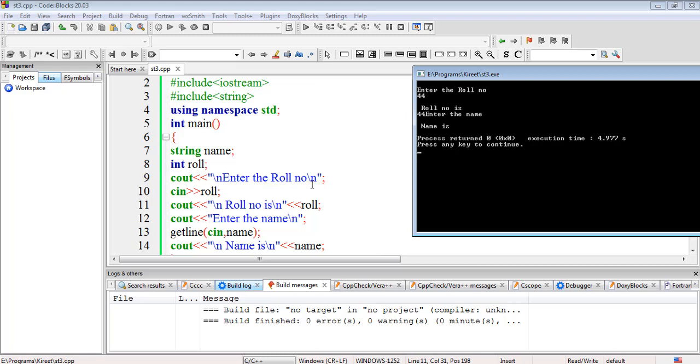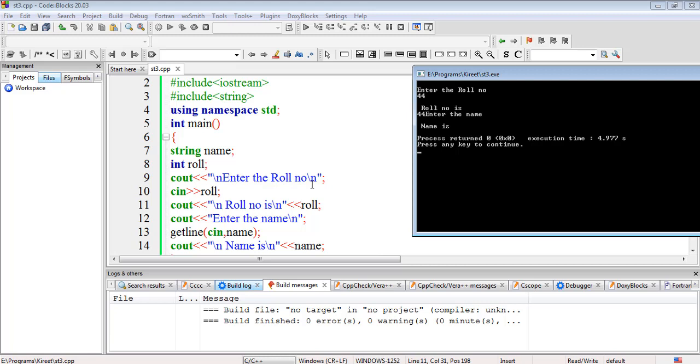Now this new line character is present in our input buffer, and it has not been flushed out. So when we are expecting to print our name, it takes that particular new line character that is present from our previous input, because that new line character has been stored as an input in the buffer.